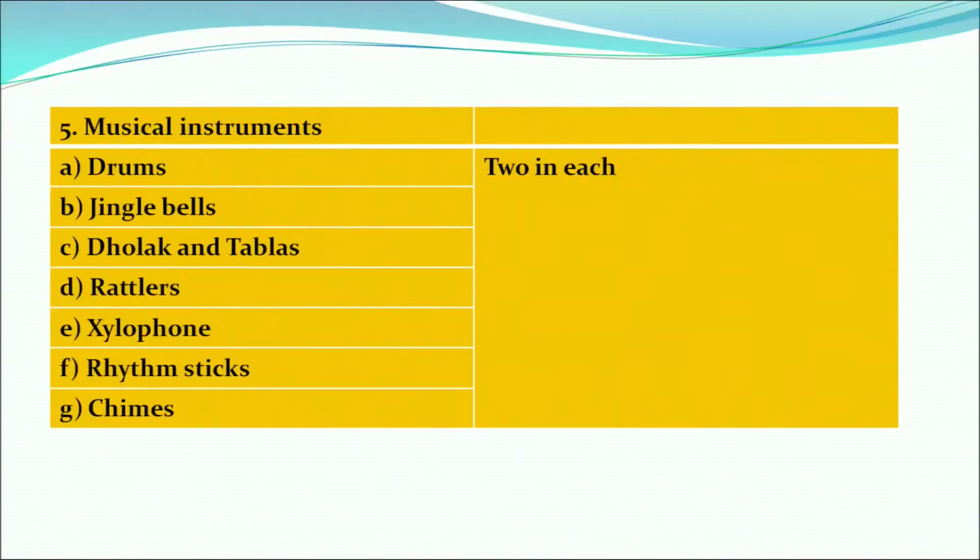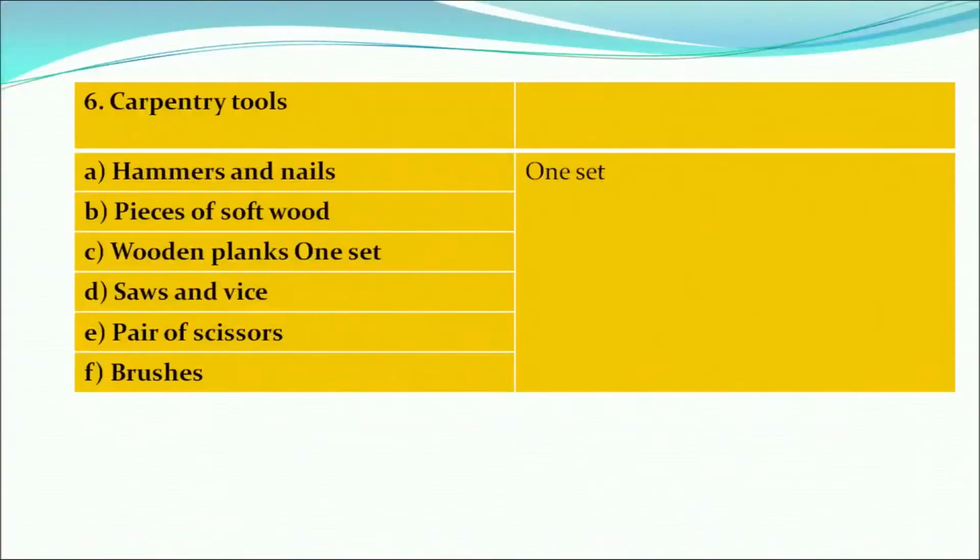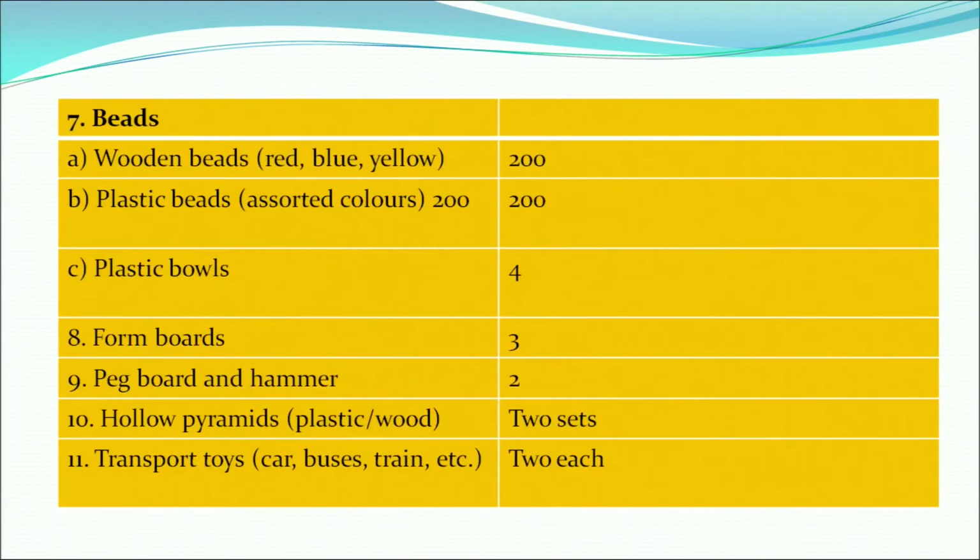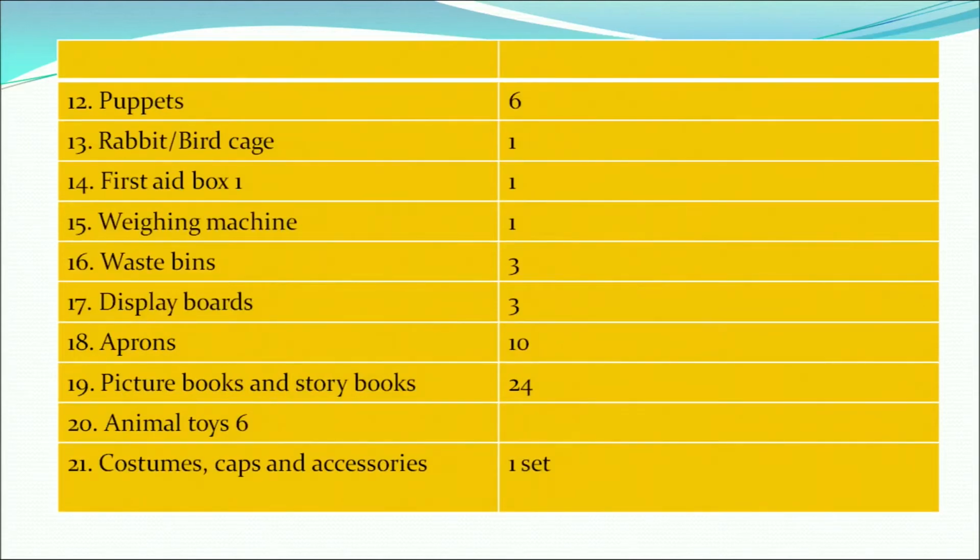In the list we have also mentioned that there should be musical instruments in the play center. There should be drums, jingle bells, etc. in the play center, and it should be 2 in each. One set of these things should be there in the play center, for example, hammer and nails, a piece of soft wood, etc. Then there are certain beads that are to be there in the play center. What is the number of beads that is there in the list? In this given list there is also how many puppets should be there,